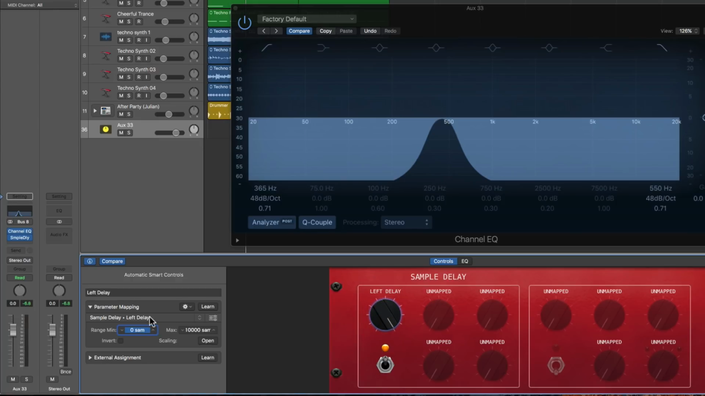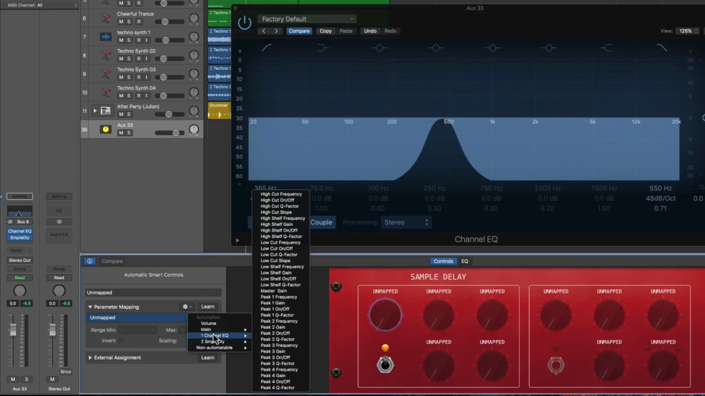Okay, now we get the left delay control pot here. I mean, it's currently mapped to the left delay of the sample delay. Select its mapping and delete it. Now it's unmapped and it resets itself to full counterclockwise travel, so it's all the way turned down. There's the unmapped slot for this unmapped smart control. We go to the pair of arrows, drop the list down and choose the channel EQ, and I'm going to start with the